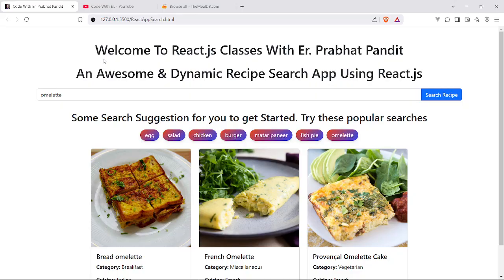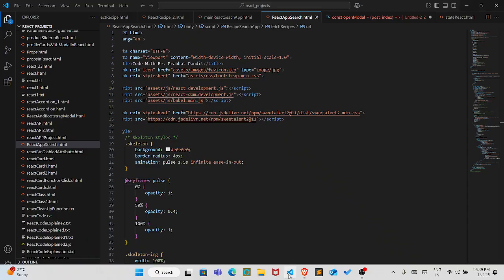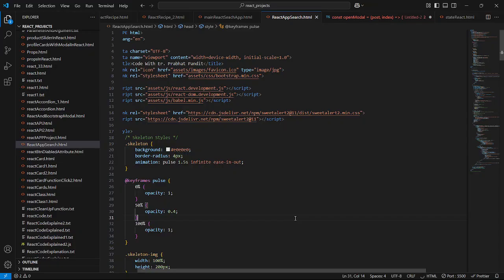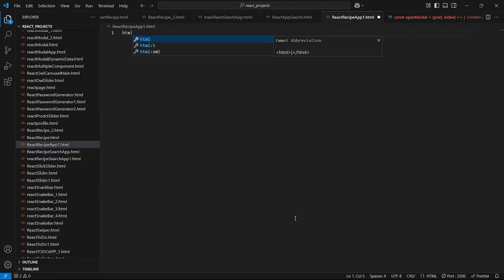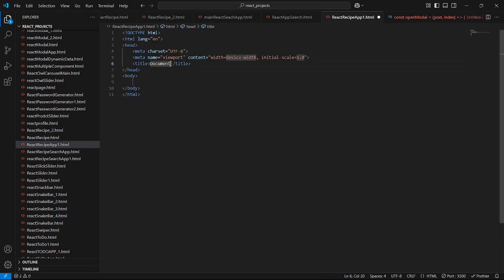So guys, now let me go to the code editor. Here I am going to use the VS Code editor. You are free to use the IDE of your choice and preference. So let me create one new file. I'll call it react recipe app 1/3 HTML. Hit enter, save the file, and just delete this. Let me create the HTML very quickly. Give the page title as well. I'll say Code with ER